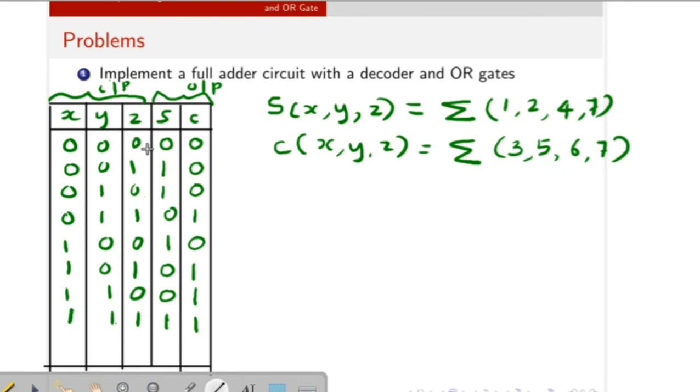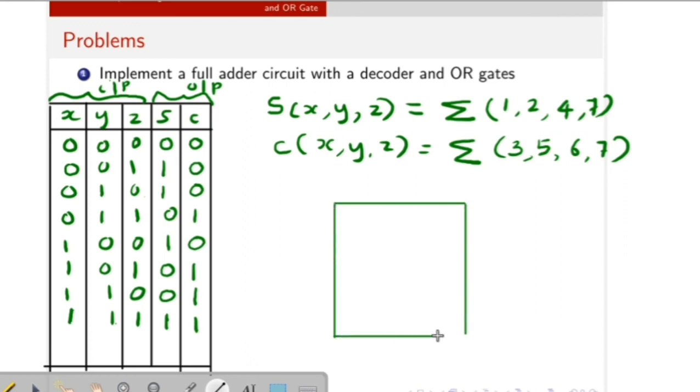Before drawing the logic circuit, we have to select the decoder circuit. Here there are 3 inputs and 8 different combinations, so we select a 3 to 8 line decoder. We give X, Y, Z as the input of the decoder, and it generates 8 different outputs. So next we can draw the circuit.